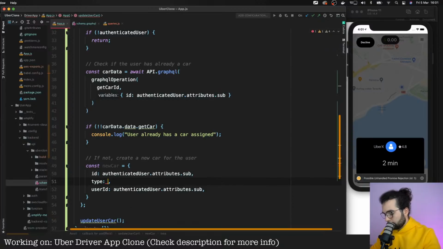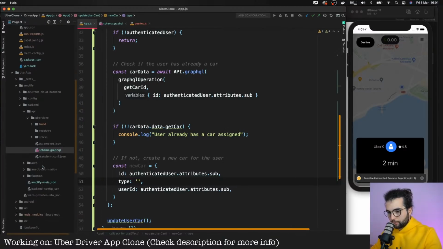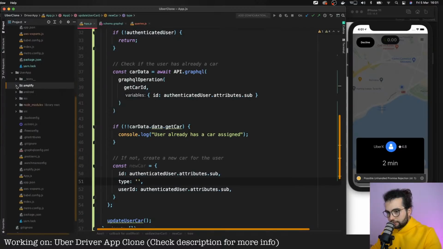For the type, you can continue this and create a feature where the user will be able to select his type. However, I'm going to hard code this type, but I don't know what types we have. Let me just check what we expect there.